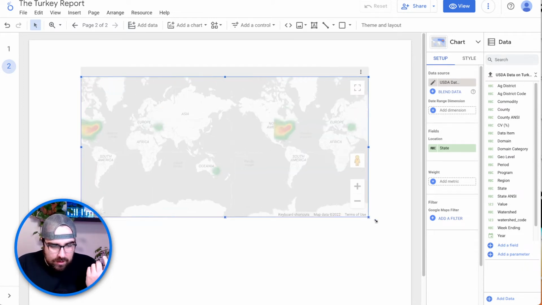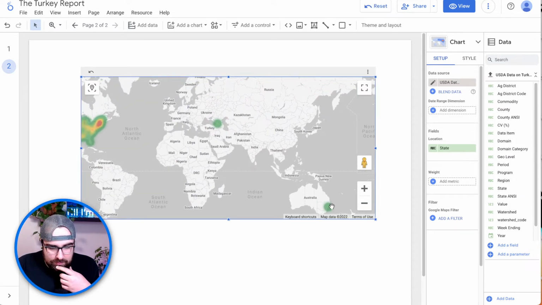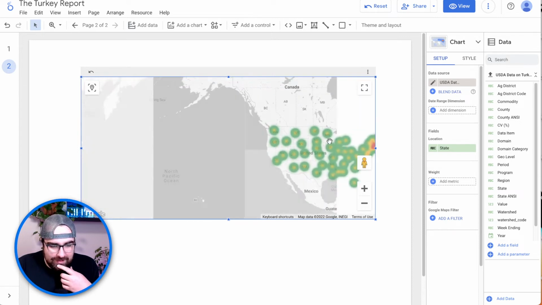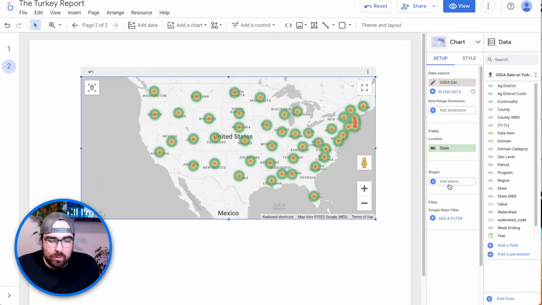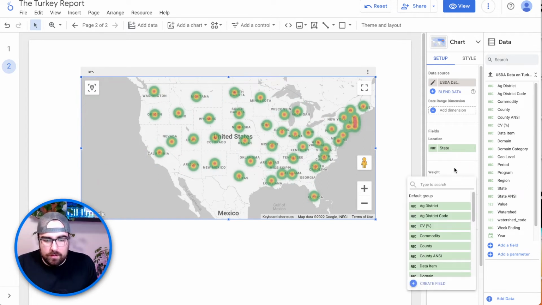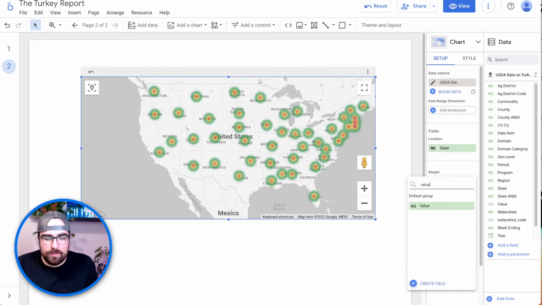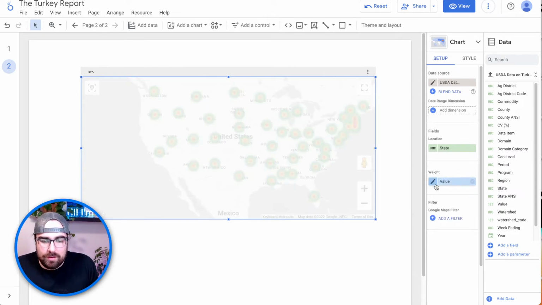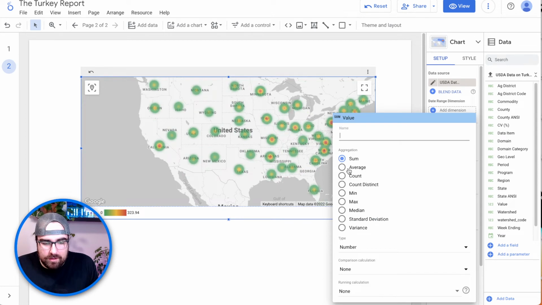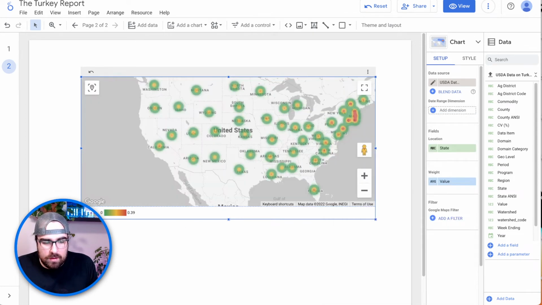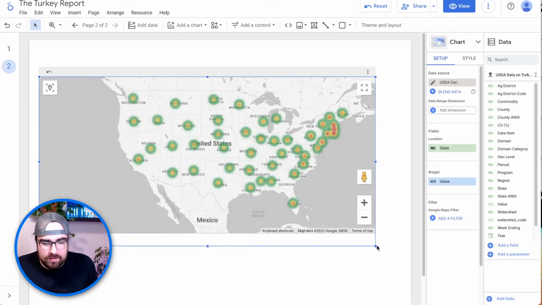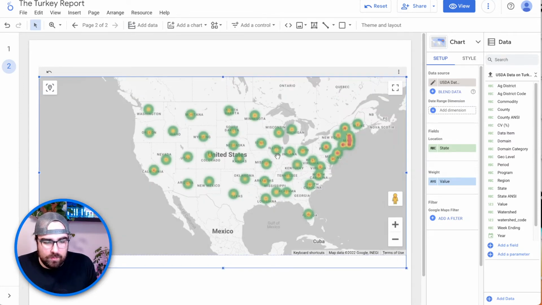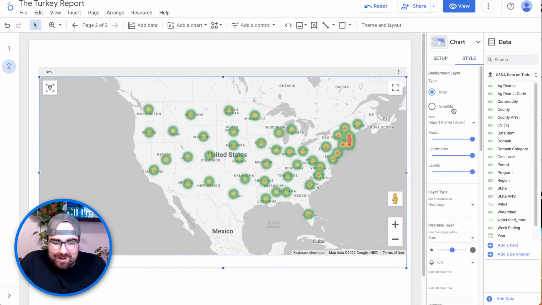Bam. I don't know why half the US is missing, and we have some heat in Australia, but there we go. And then what we can use is actually the weight be the average total or the value. And so now we can look at this and trend this over the average value. Bam. And so then now we can have the average price just in case someone ever wanted to see, like, it's not the most useful thing, so let's go into style and try to make it a little bit more